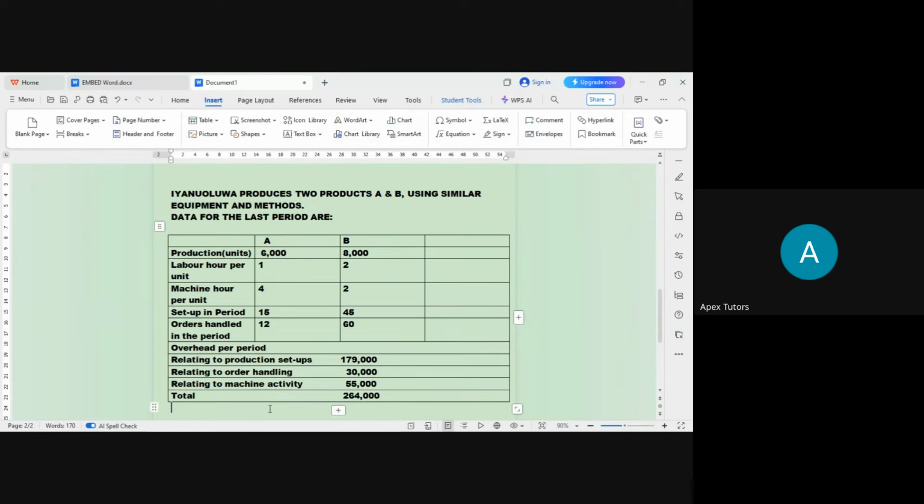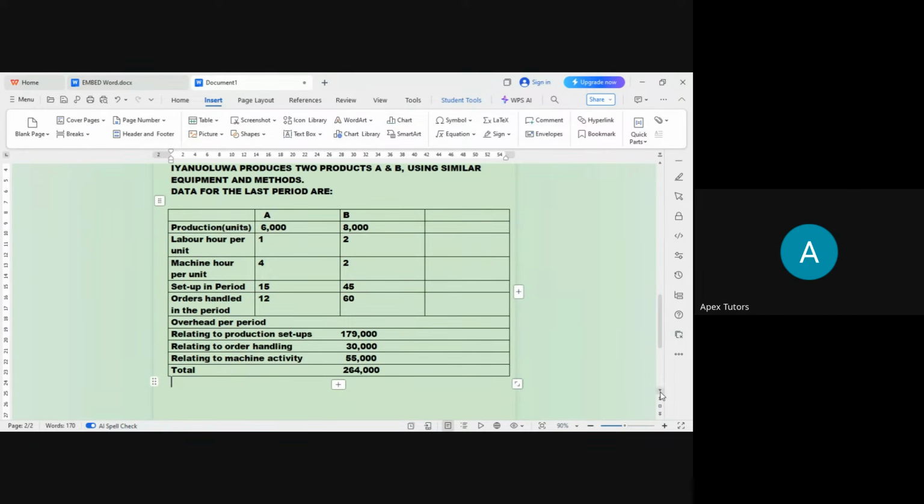You are required to calculate the overheads to be absorbed per unit of each product based on